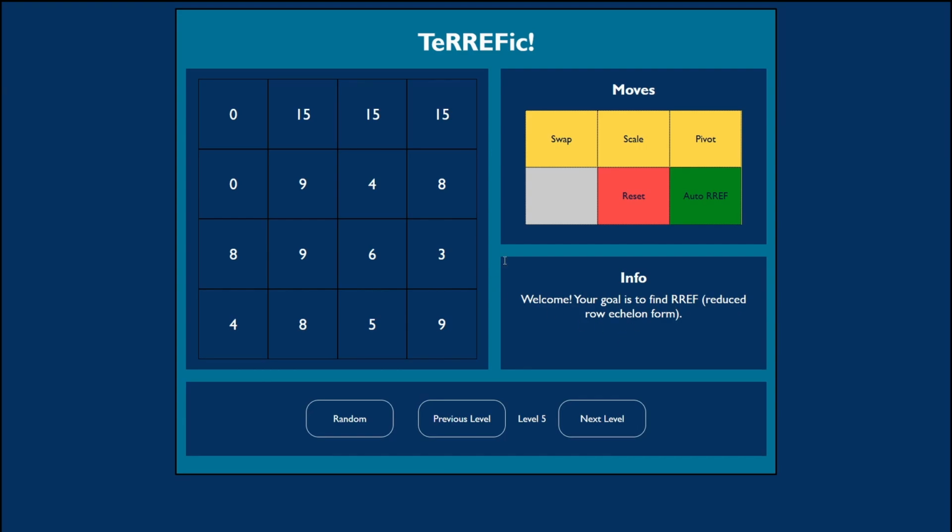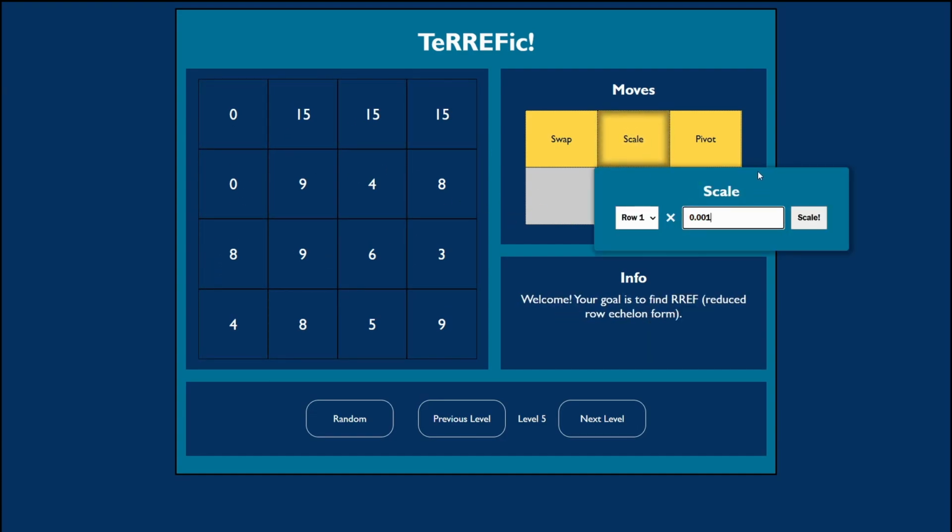But a bigger issue was with floating point numbers. There's actually a lot of workarounds that I had to deal with. I tried to use a library called decimal.js for more precision, but it didn't really help because I didn't use the library everywhere. So as a result, I did have to do a couple of workarounds where, if you try to scale by a really small number, it won't let you. Well, that's not really related to floating point error, but that is a feature. But if you mess around enough,